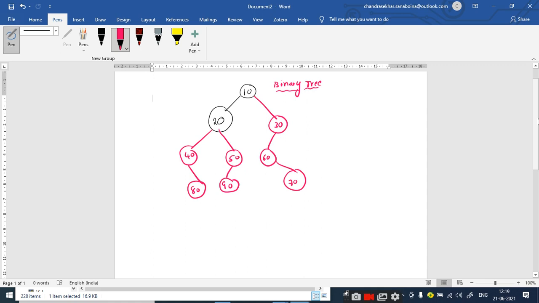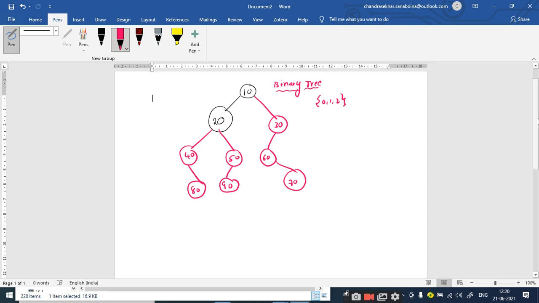If you consider 10, it is having 2 children, and likewise 20, 40, 50, 30, 60 have children, and 80, 90, 70 consist of 0 children. So the range of children for each and every node in the given tree is within 0, 1 and 2 only. So this is a binary tree, right?